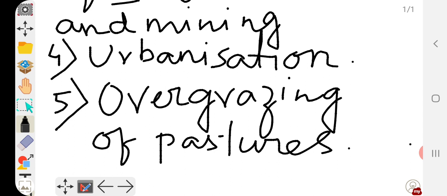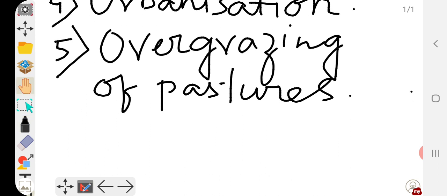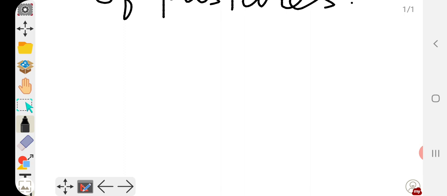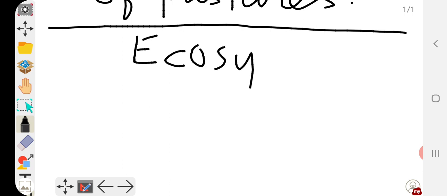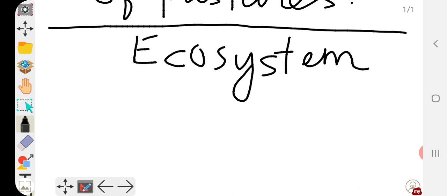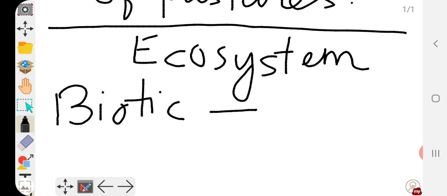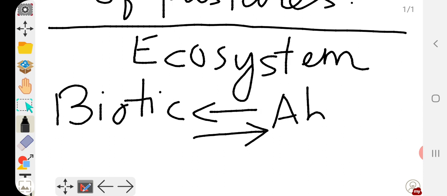Now, the next topic that I am going to discuss is the ecosystem. What is an ecosystem? We know there are two components: one is the biotic component and the other is the abiotic component. When biotic and abiotic components interact with each other through various multiple networks,